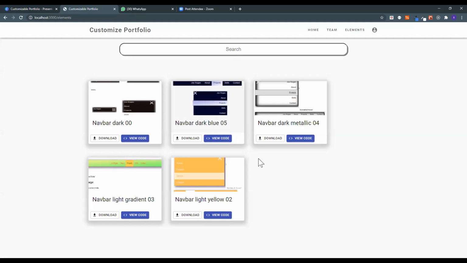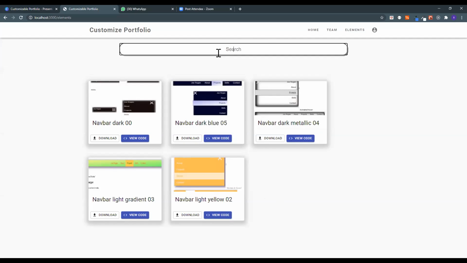Now, how does it work on the backend? The backend is a REST API having 3 routes. There are get routes for getting all the elements, and there are post routes which can be used by us admins to post the elements directly. And then there's a public posting route. When a public person posts any element, that will first be sent to the admin for approval, and only then can it be shown on the website.